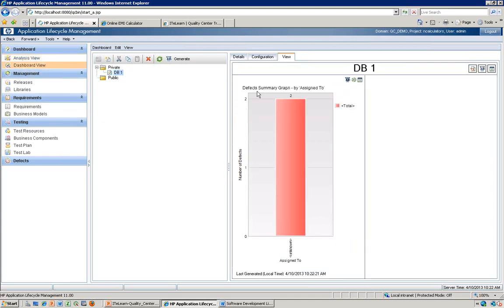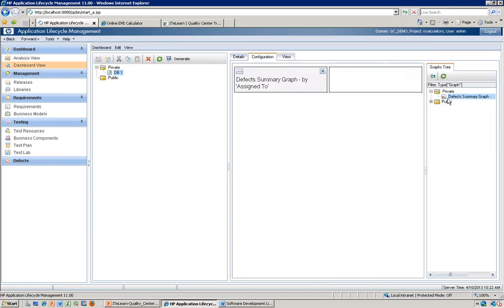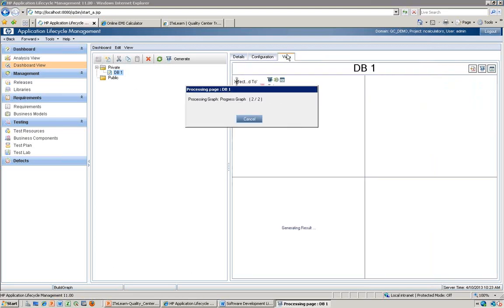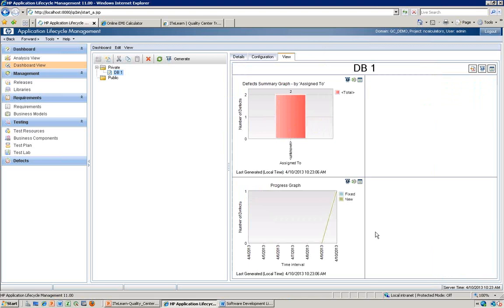So if you go to dashboard view, we can select the details in the configuration tab. You just click on refresh, we will be able to see this progress graph also. So click and push this to the configuration and go and see view. See here. So it's a quick dashboard, in the sense it gives you an insight about what exactly happened on